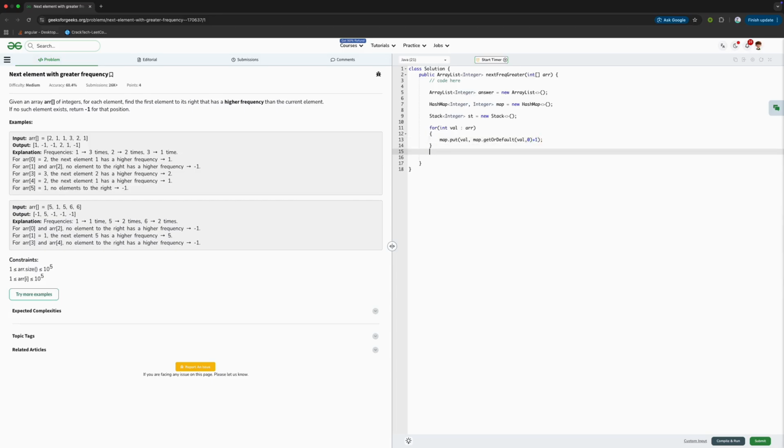So this is done. Now what we're gonna do is iterate the array, integer i equals to, we'll be iterating from the end, so it would be array length minus 1, i is greater than or equal to 0, i minus minus. So now what we're going to check is, or we can put it like, while my stack is not empty, and we're gonna check that if